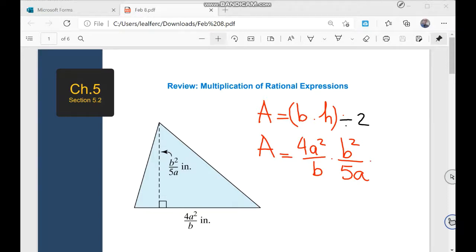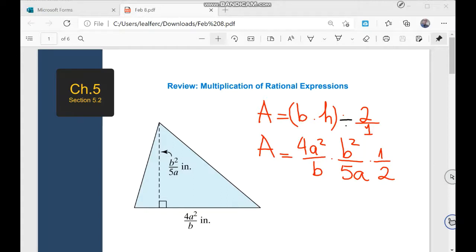If it's 2, this is 2 over 1, you can write it as 1 over 2. Cool? Makes sense? So this 2 here, remember that there's a hidden denominator. There's a 1 at the bottom, hidden, but it's always there, and when we flip, you're going to have